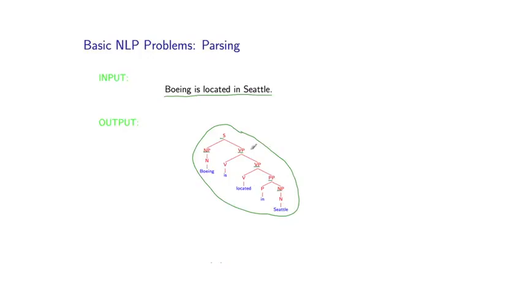And once we've recovered these kind of representations, we can, for example, recover basic grammatical relations, the fact that Boeing is the subject of this verb is, or the fact that this prepositional phrase in Seattle is a modifier to located. So again, this is a very basic problem in natural language processing. We'll see that if you can recover these representations with high accuracy, it's useful, again, across a very wide range of applications. It's, again, a first basic step in natural language understanding and trying to make sense of what an underlying sentence means. And it's also a quite challenging problem.